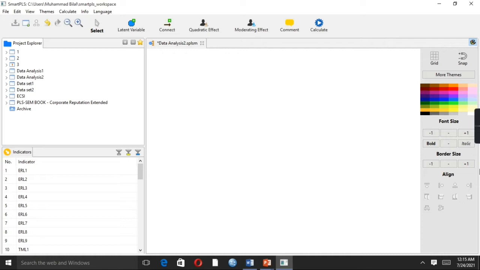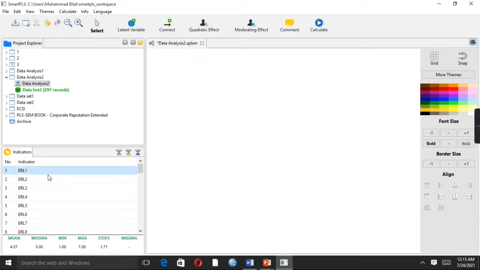We have already developed a research model, and here we have 297 observations or sample size, the respondents from whom we collected the data. Double click on model view and just drag and drop your desired variable.